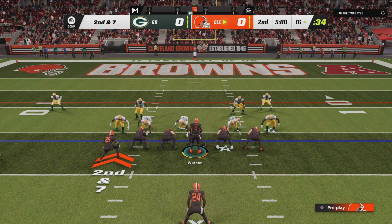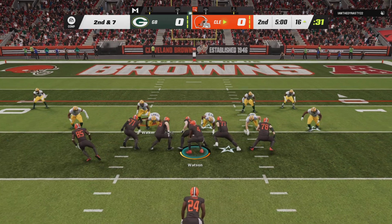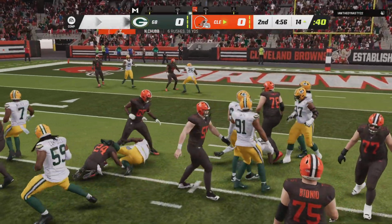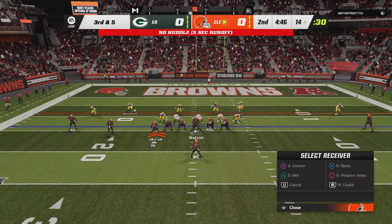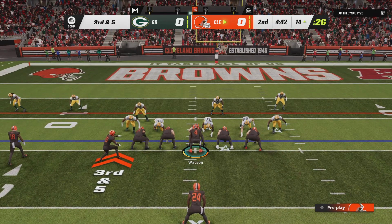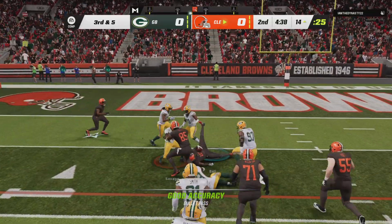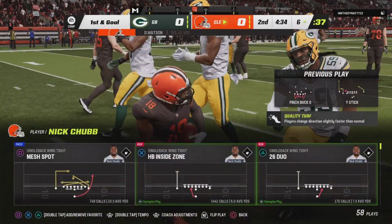Second down at 7. Handoff comes to Chubb. He will push his way down to about the 14. They'll need 5 on this play to move the sticks. Watson now to throw. That's complete. It's Bell. And the Browns are going to have first and goal as they try to finish off this drive